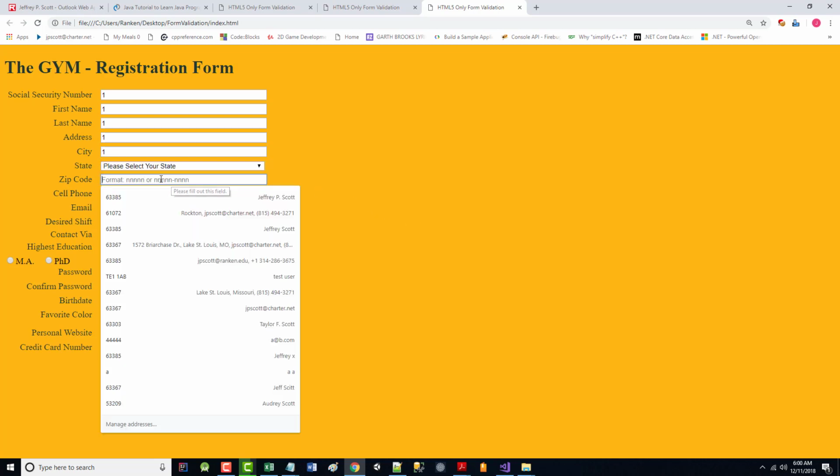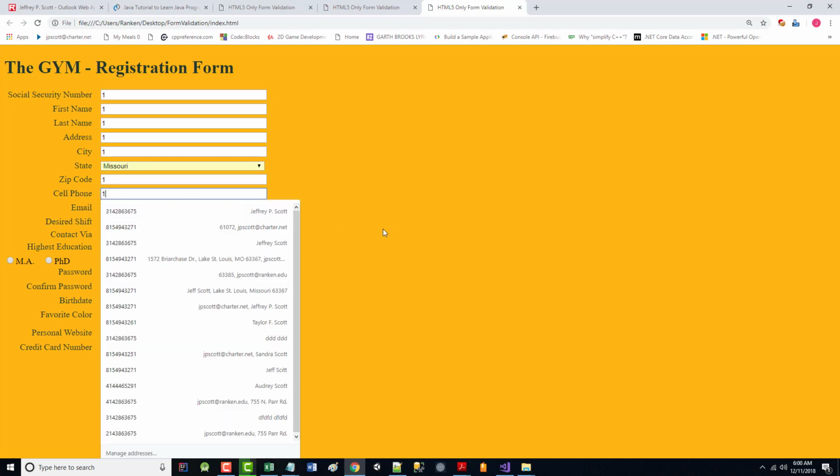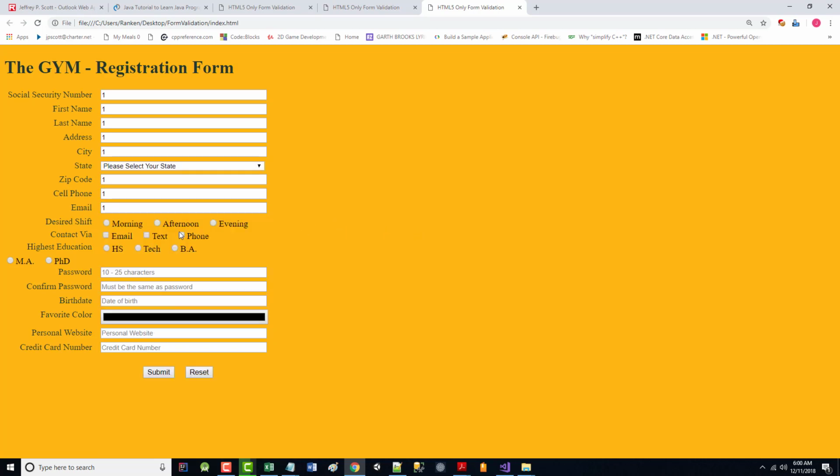I'm not going to change the state. We'll leave these blank. Password, date of birth, color we'll just leave, website, etc., and submit. Well, notice please match the requested format. That's a good start. So if we do that, it says all this must be okay. I'm not putting anything in right now to validate the state, but the zip code